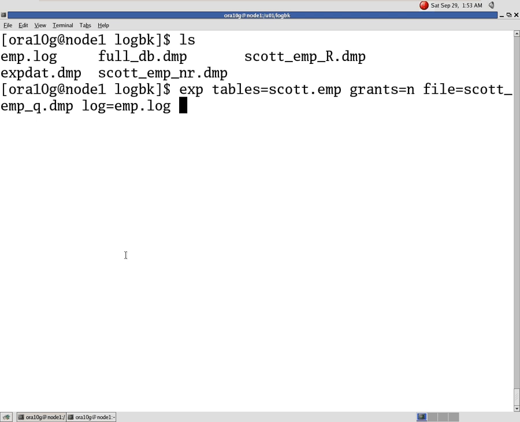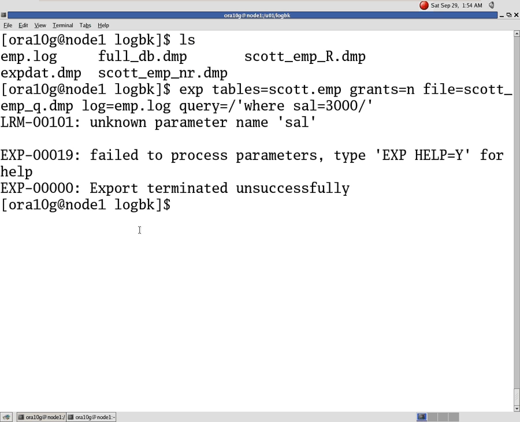We'll export these two users by using the query parameter. So where, query equal to, here we'll use where sal equal to 3000 in single quotation. Like this you have to specify. While opening, give a slash and single quotation; while closing, slash and single quotation.